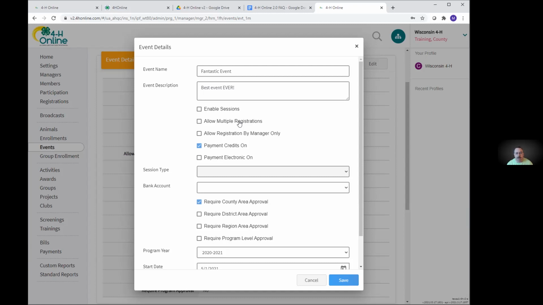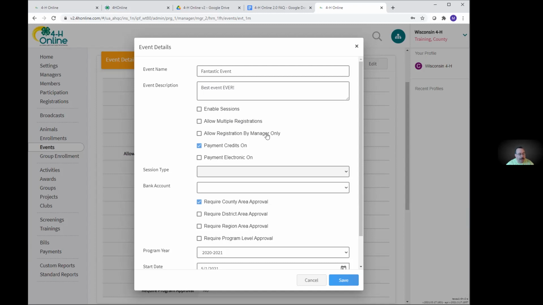Usually that's what you want to leave it at, because otherwise they get started, and so you have an incomplete one, and then they submit another registration that's actually complete, and you end up with 2 registrations for the same person. One is incomplete, one is completely all the way through and approved, or they end up submitting twice. And then you're like, okay, which one do you want? Because there's differences between the 2 of them. So basically, you can leave multiple registrations off unless there's something about your registration event that would require multiple registrations from the same person.